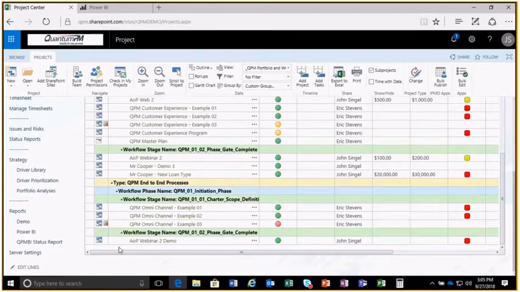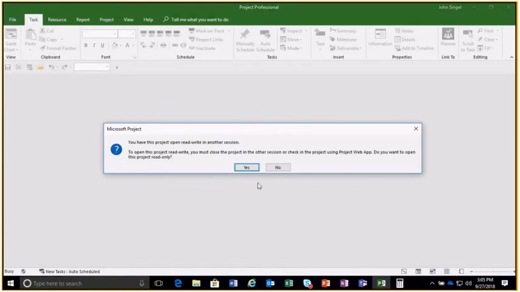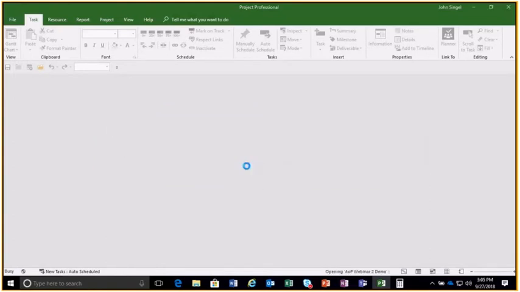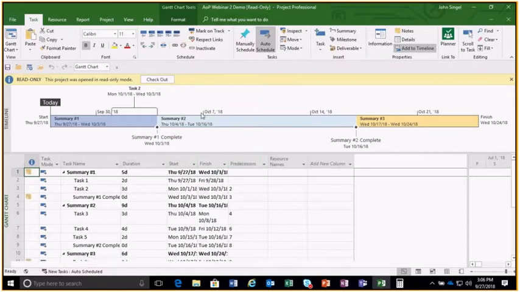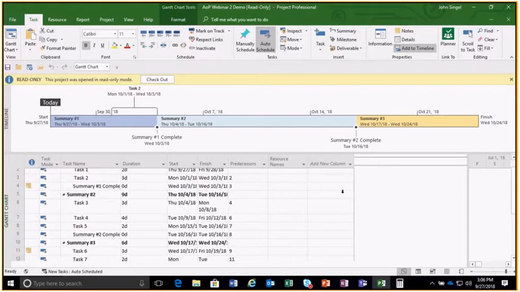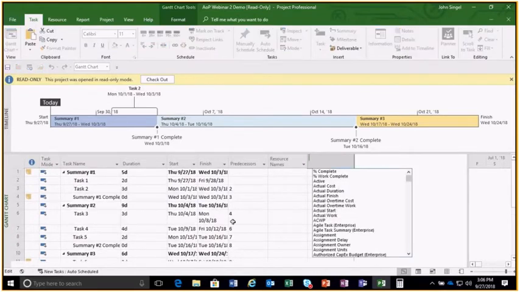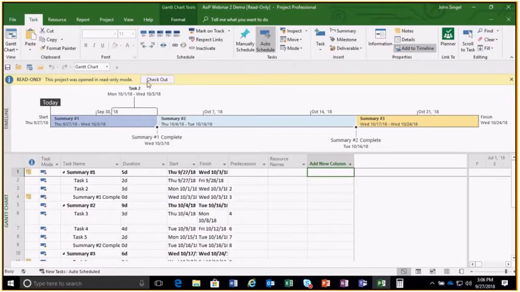And what it does is it's all integrated. So if I want to click on this, I have the option of bringing my project down to my local desktop and actually doing the manipulation there. And so what we're going to do here is we'll bring it down to the local desktop. So I can bring it down. You can take a look at it from here. And what this does is you can add columns to it. There's different elements associated with it that can be used to,